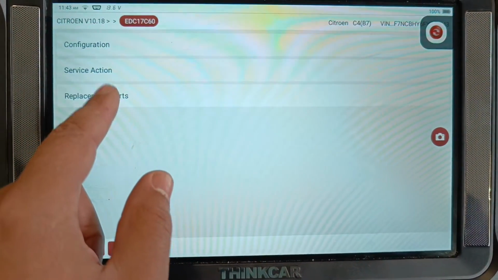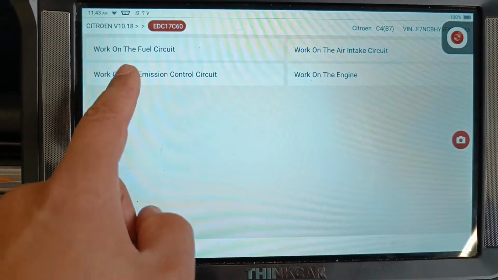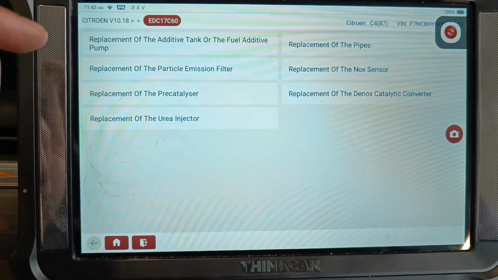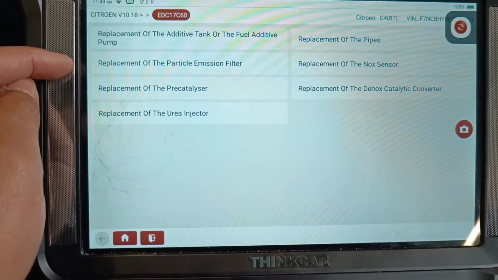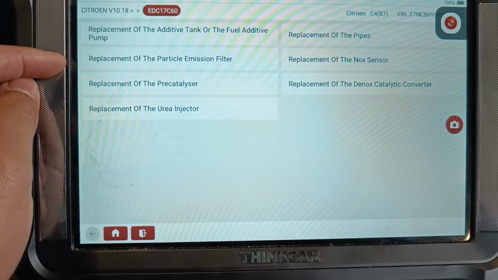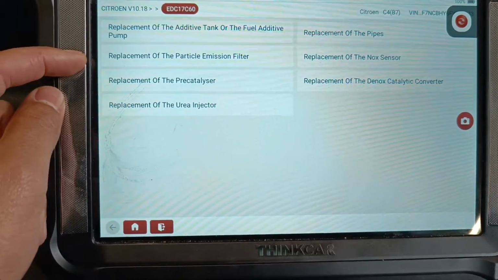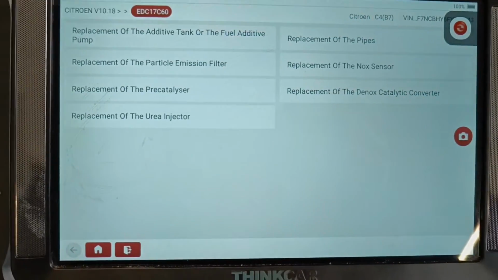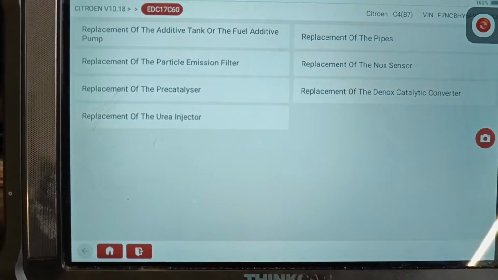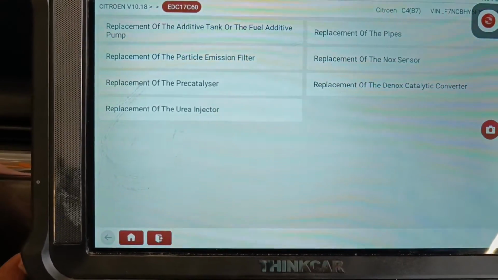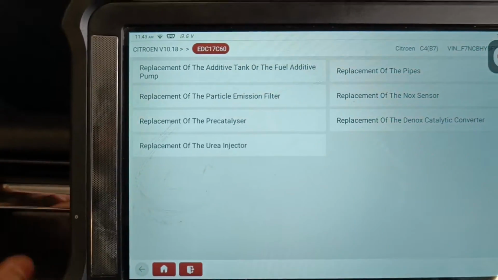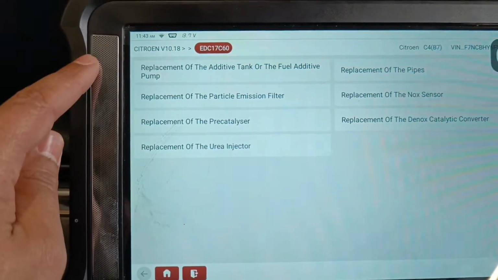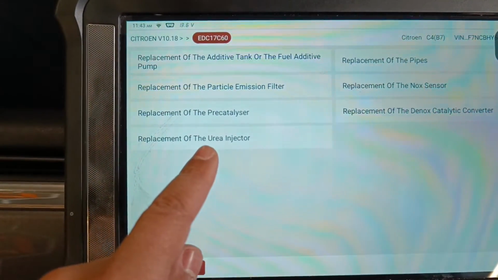So yeah, replacement parts in here, emissions again. If you're doing DPF and you've replaced it or you're deleting it, you would have to tell it it's had a new DPF fitted, and anything DPF related on here would need doing. If it's Adblue, then again it's anything with the word Adblue, urea, NOx, DNOx, anything like that. Additive, so this has got the word additive in, this has got the word urea in, which